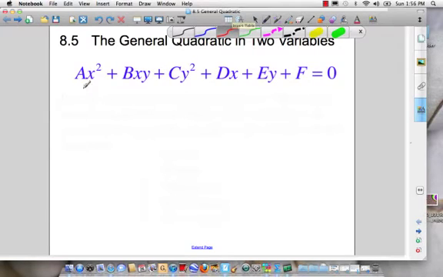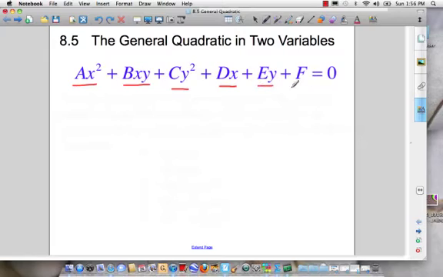You could have a quadratic term in x, a quadratic term in y, and although we haven't really considered this much, you can multiply x and y together, and then that term is also considered quadratic. And then you can have a linear term in x, a linear term in y, and a constant. And that's pretty much all you could possibly have. And it turns out that in general,